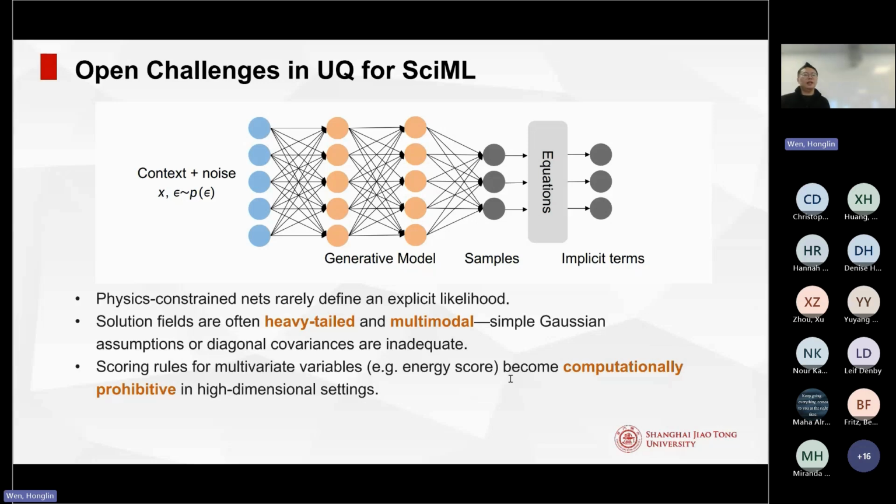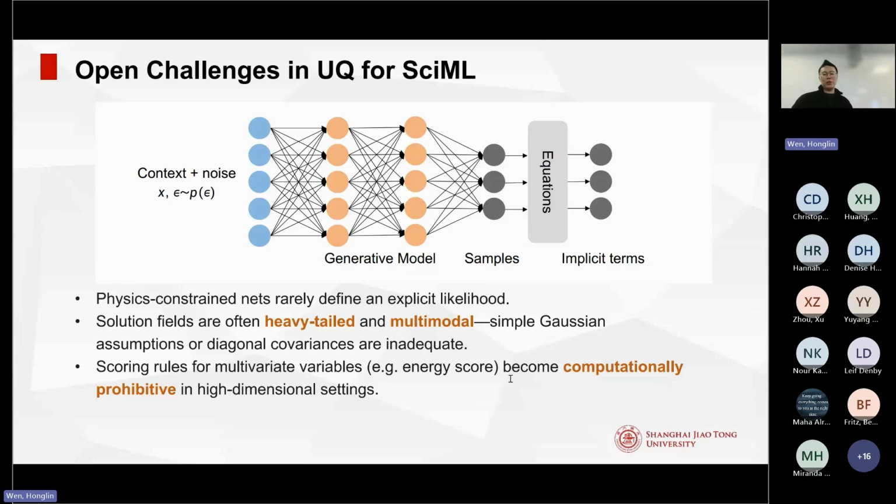So we need a very flexible model to do that, but still we need to trade off the computation effort. Although I mentioned that for multivariate problems we have the energy score, which is a proper score, you cannot calculate it in a very high dimensional space. It's very hard. Till now, we do not have very good tools to do that. If you want to do very direct distribution matching, it's still very tricky in the high dimensional space.